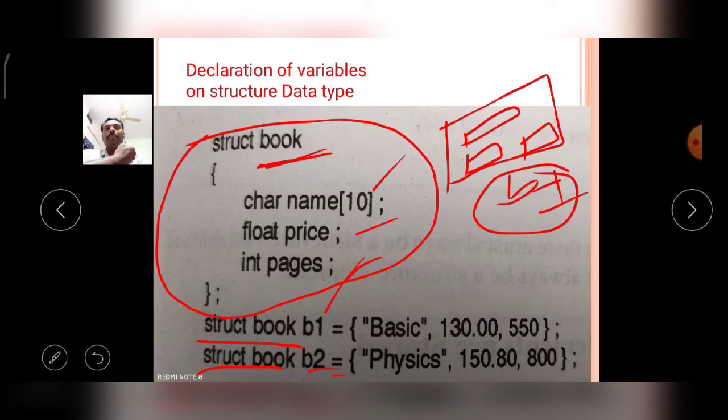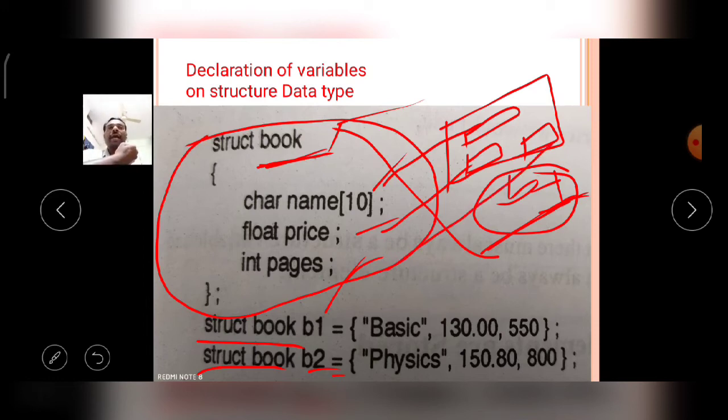So the b1 variable belongs to the struct book data type, and b1 contains the name, the price and the pages.